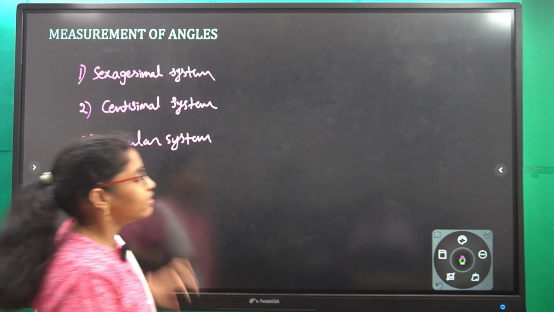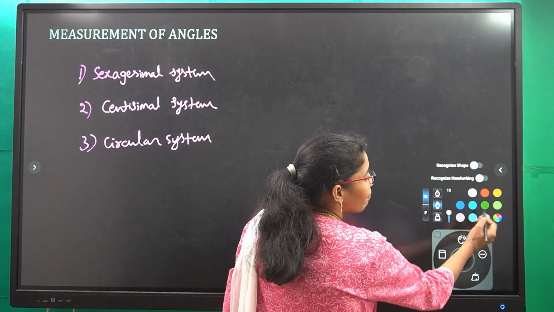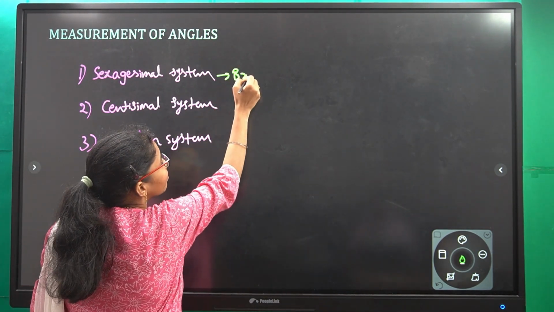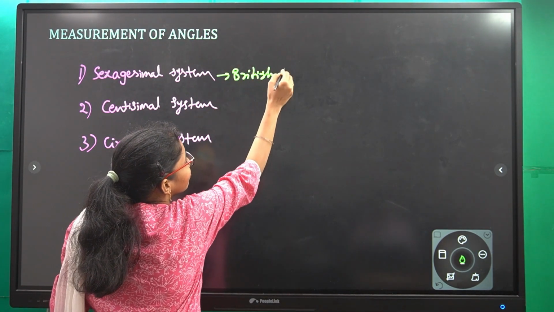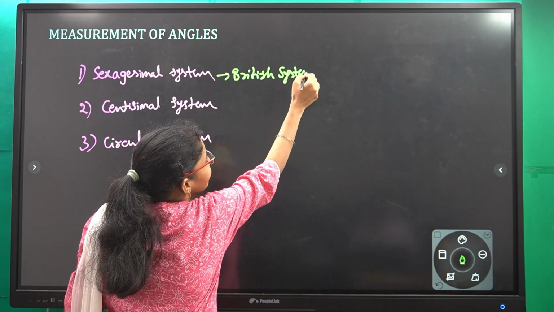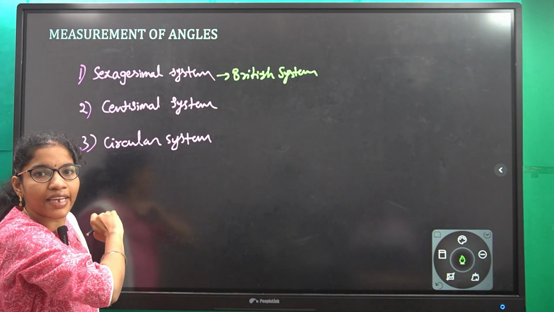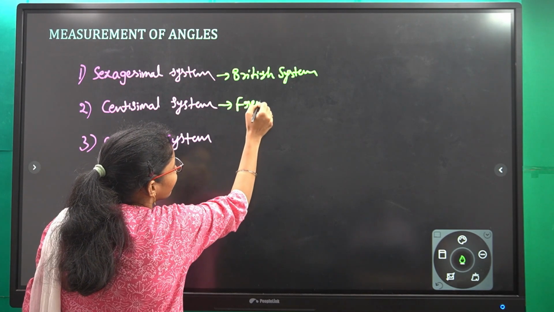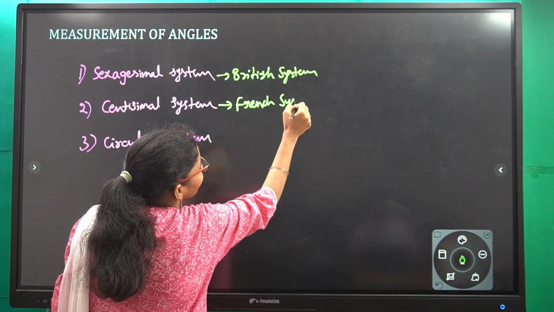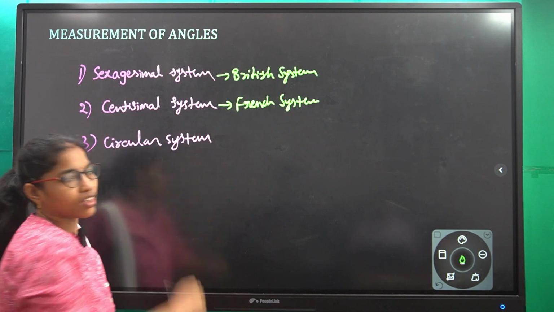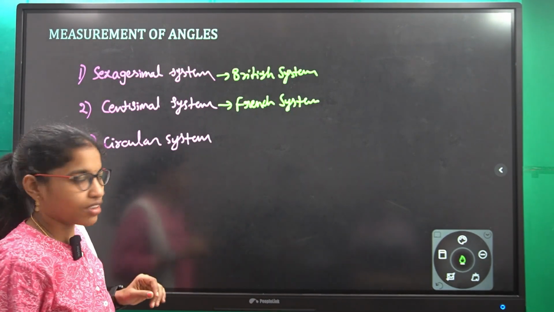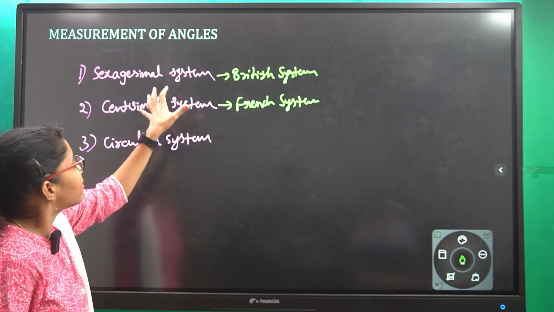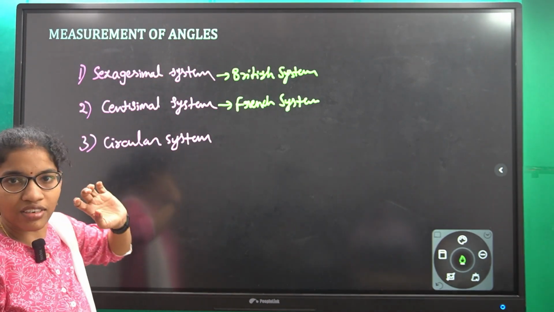This sexagesimal system you can call the British system. This centesimal system you can call the French system. And this circular system is like a radian system. So how can we measure these angles in the sexagesimal, centesimal and circular systems? We will